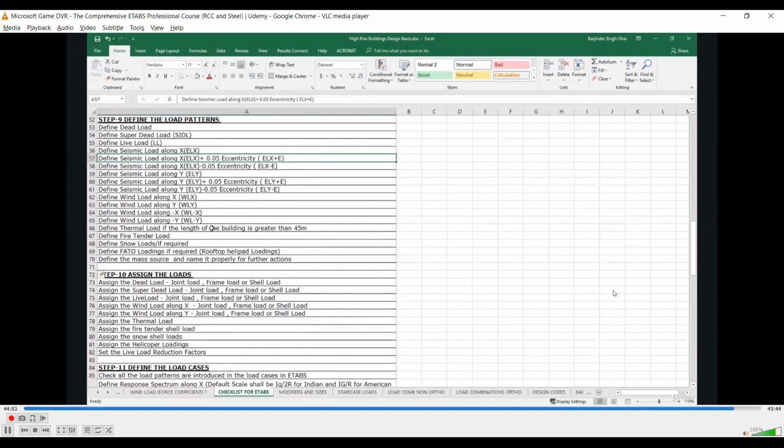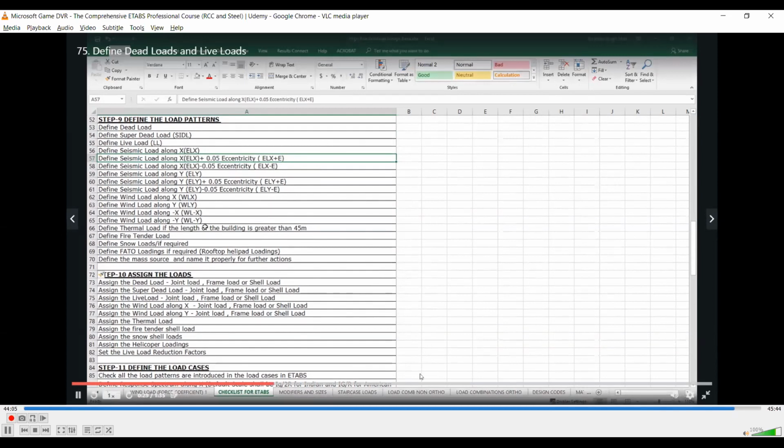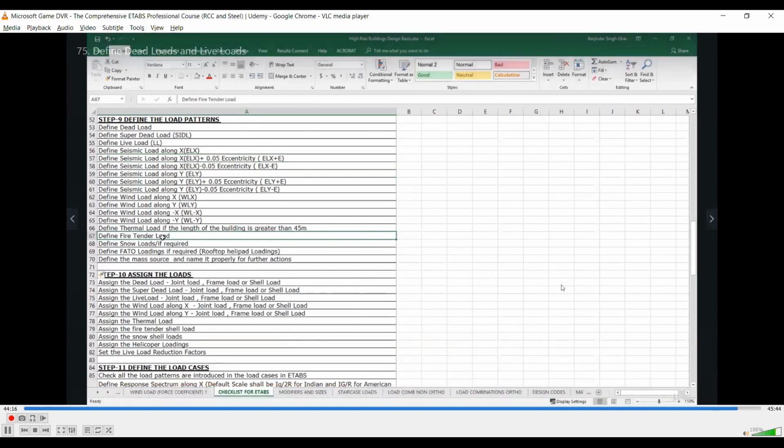As our building dimensions are small, we don't need to provide thermal load. We need to define fire tender load only for those buildings which have non-tower area. In our case, fire tender loading shall not be applicable, snow loading is not required, and rooftop helipad loading is also not required.